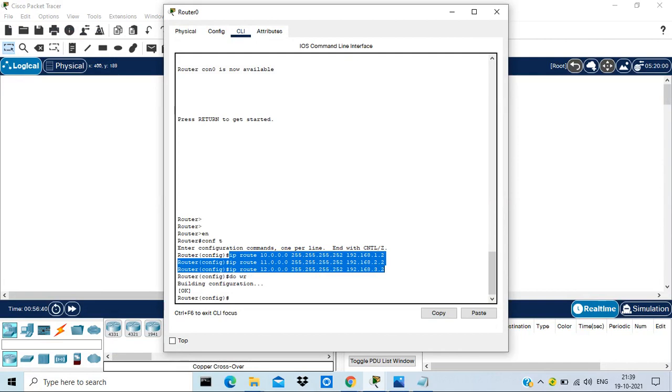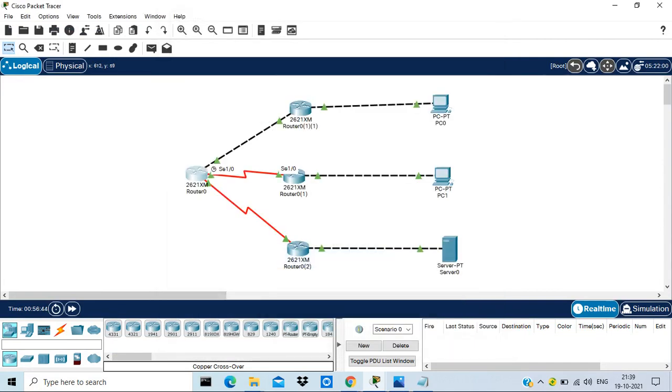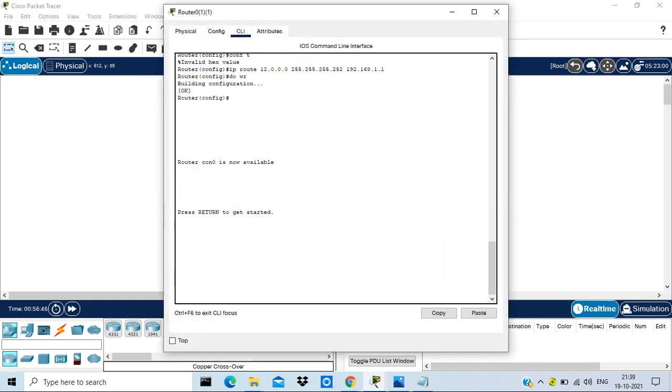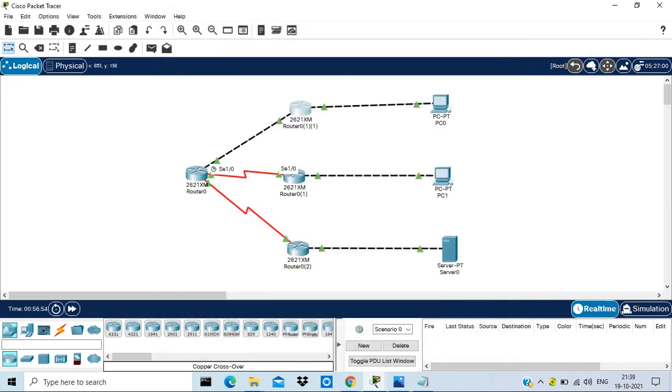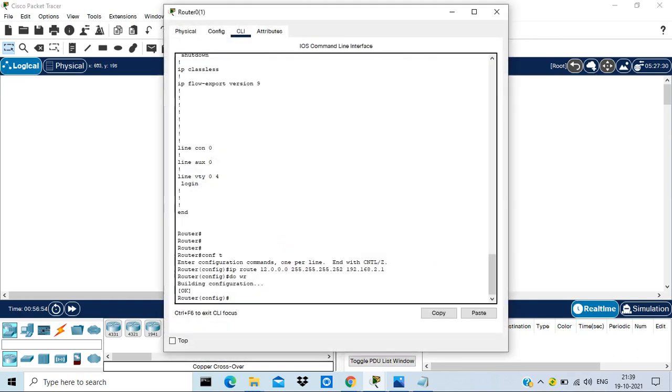So static route is added. Similarly for branch office 1, we have already added this route for the server network. And similarly for branch office 2 also, we have just added this route for the FTP server network.